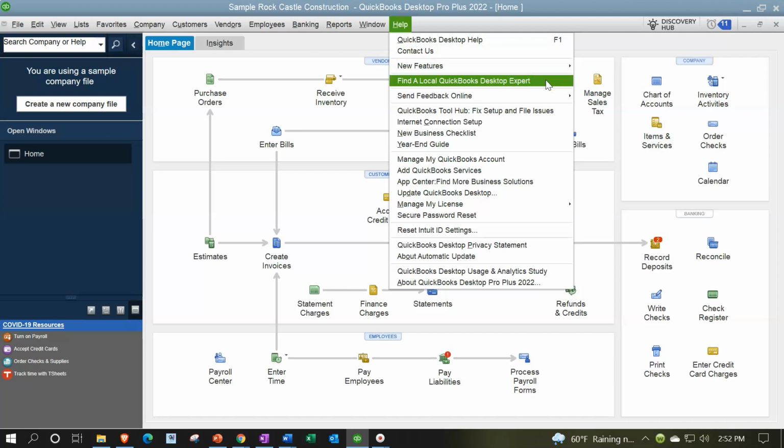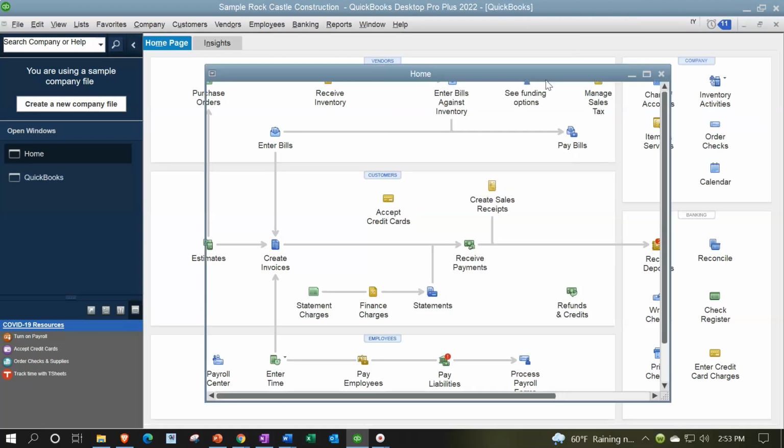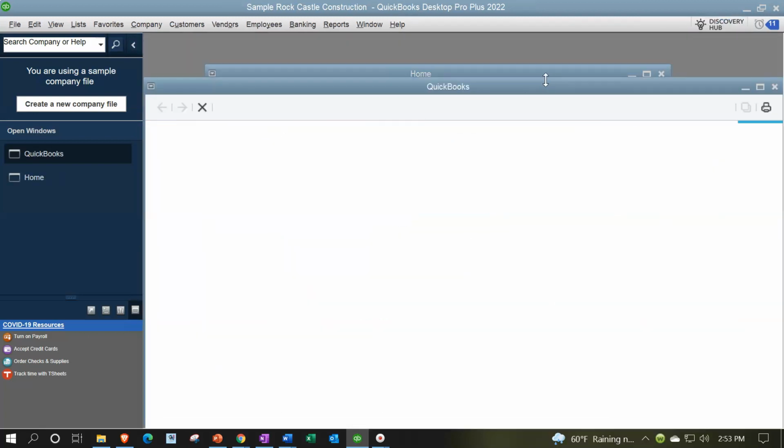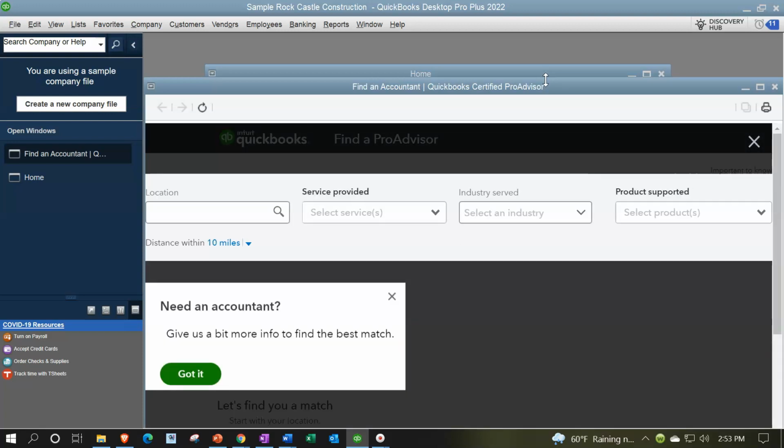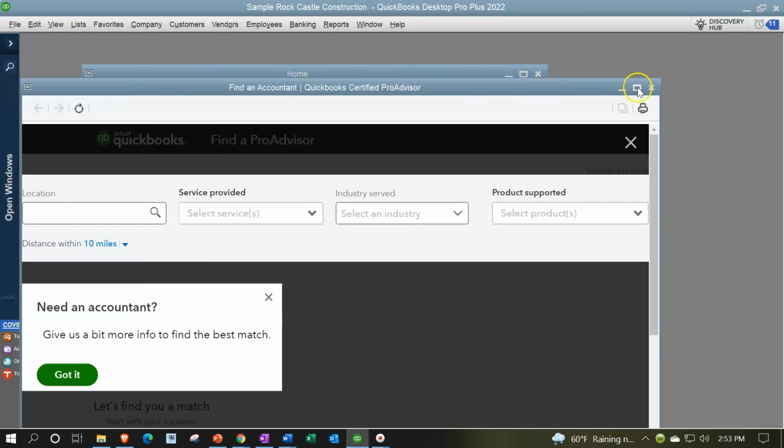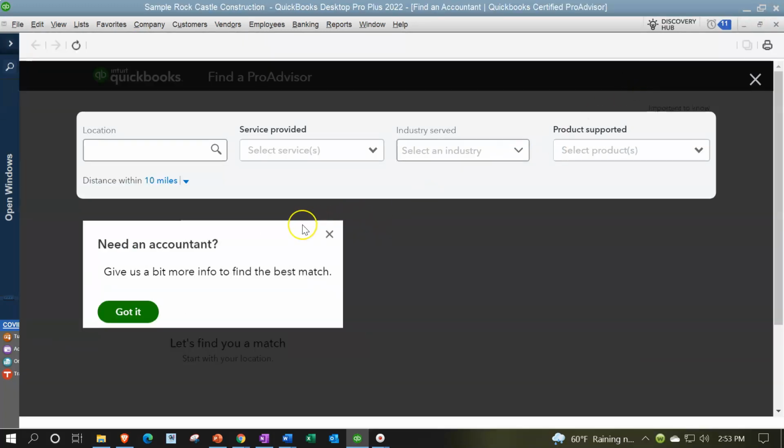Find a local QuickBooks desktop expert. So this could be useful if you're looking for someone for bookkeeping needs. Now I would say that this falls into the category not so much of the technical needs to set up QuickBooks, if you're having any problems getting the actual software on there, or if there's any problems with it working properly, but rather with the bookkeeping needs. Then you might say, I would like someone that knows specifically QuickBooks Desktop to help me with my bookkeeping needs,